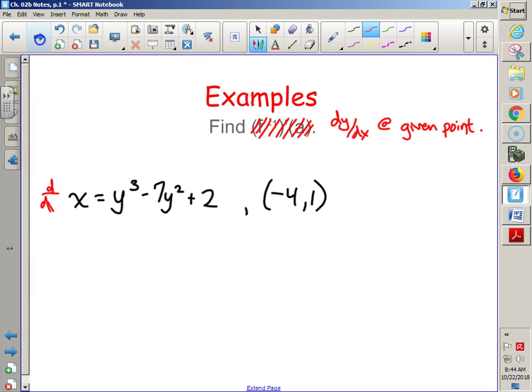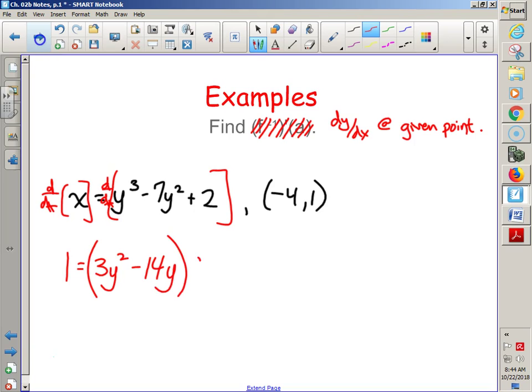We would take d dx at both sides. That's going to have a dy dx. That's going to have a dy dx. That's a 0. So I'm just going to put a dy dx for both of them. Already factored out. So take d dx at both sides. You have dy dx is equal to